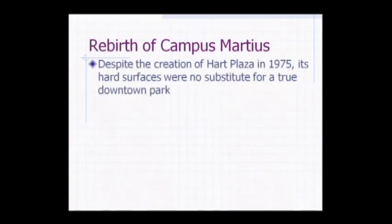So the rebirth of Campus Martius, despite the creation of Hart Plaza, which was supposed to take the place of a public area in 1975, its hard concrete surfaces were just no substitute for a true